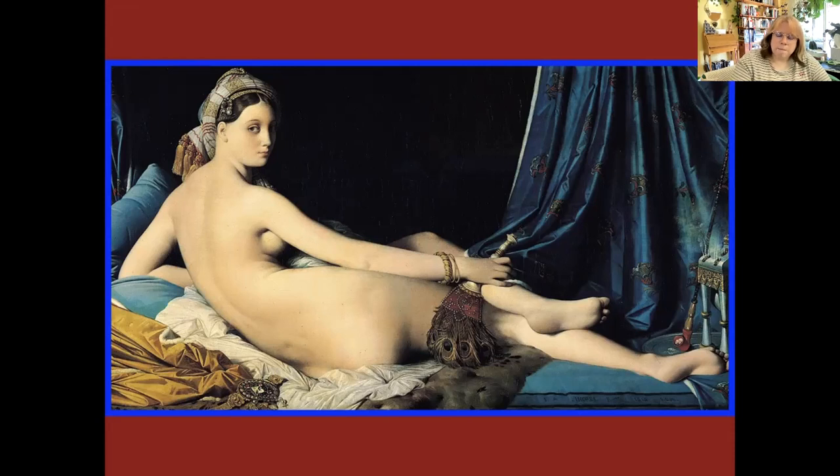Titian that he was able to get away with having this nude figure because eventually she's given the name Venus, right? And that was the only way you could get away with having a nude figure. Well, it's not the only way. The other way is that you make the figure foreign. So Titian uses myth, uses Venus, and Ingres is going to use distance. He's going to use foreignness, okay?